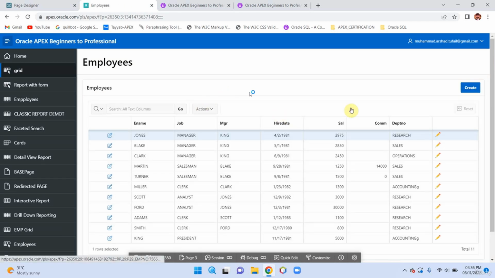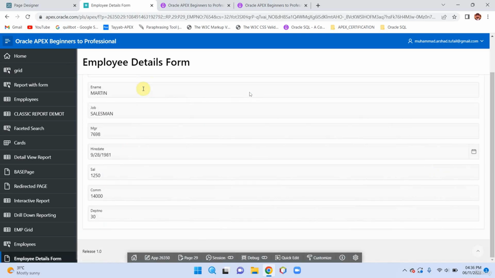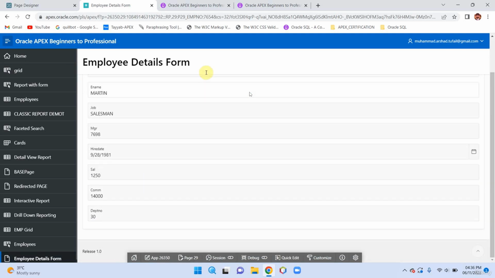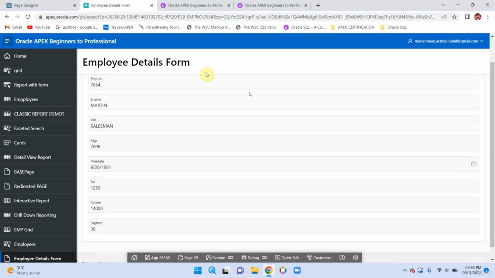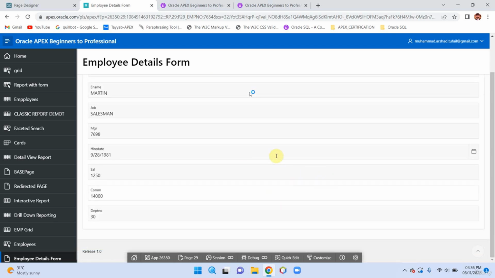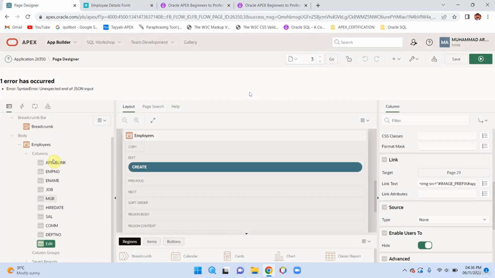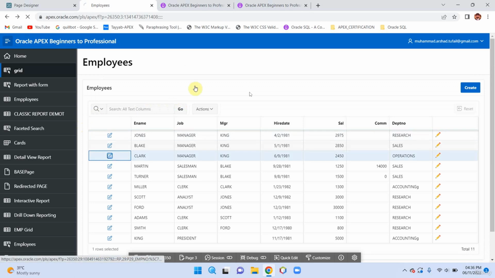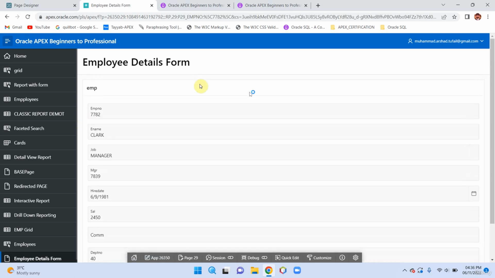You can see this is a column which we created manually, and it will do the same as doing this edit icon. So click on this icon. So here you can see we redirected to page 29, which is basically a form we designed, but you see here we don't have any buttons. So when I click on move back, this edit icon,